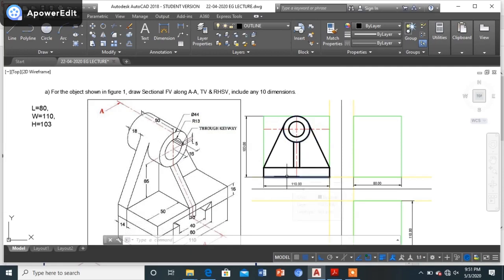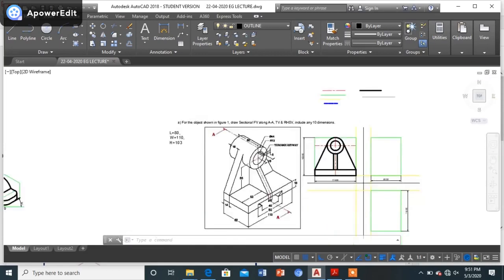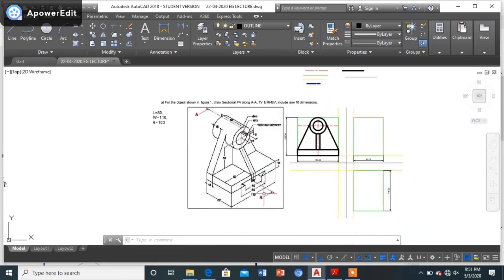Now I will be drawing this trapezoidal slot. What do? For that, this bottom line, first of all, I'll be extending it up at some particular distance. And the distance that is mentioned to us is partial, which we can see it is from the bottom at a distance of 5 mm.